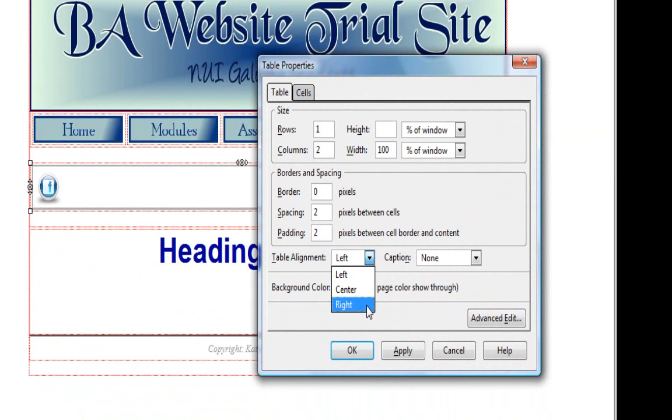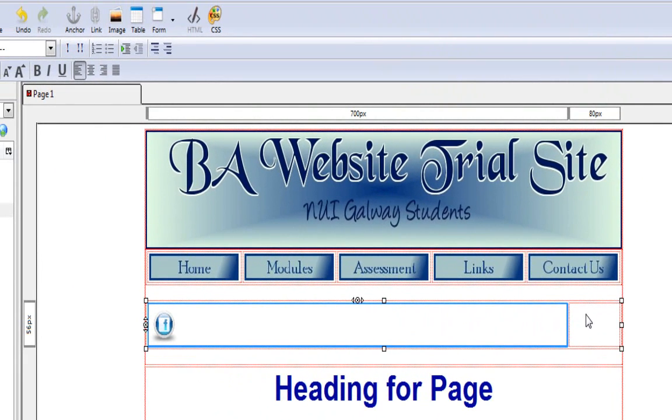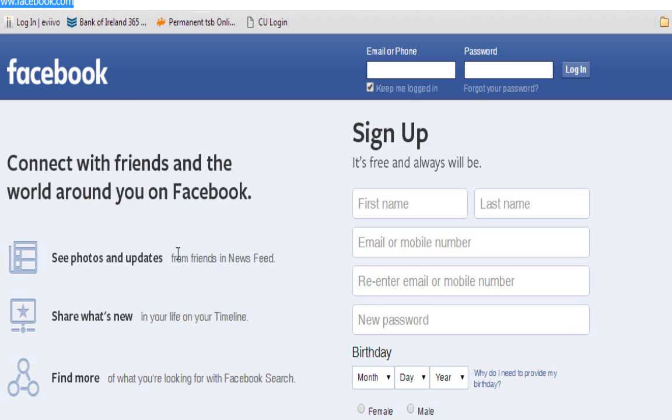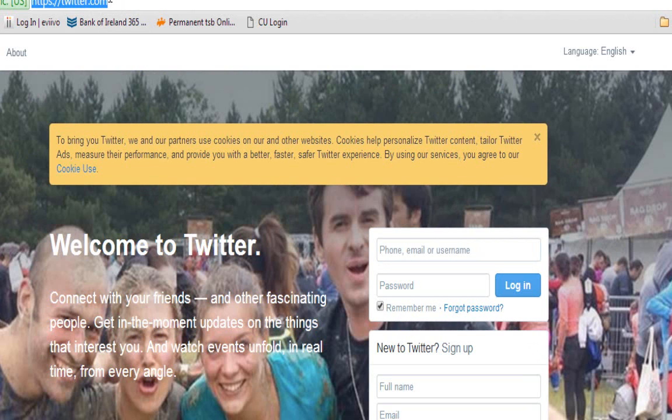I want to keep it to the right, so anything I do will actually go to the right when I've finished it. So I'm going to go here, and I'm going to put my Twitter one in as well. Then I'll deal with this to make sure they're way over here. So I'm going to go back first of all and pick up my Twitter URL. So clicking on this and just copying it, and I'm going to go straight back to